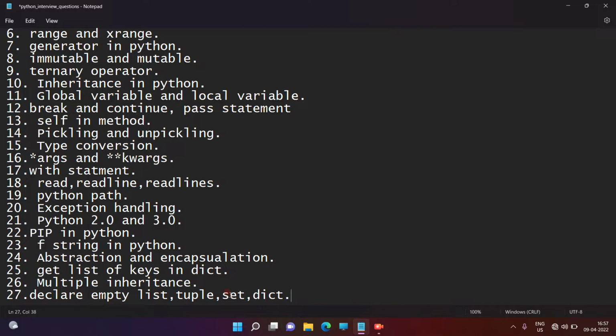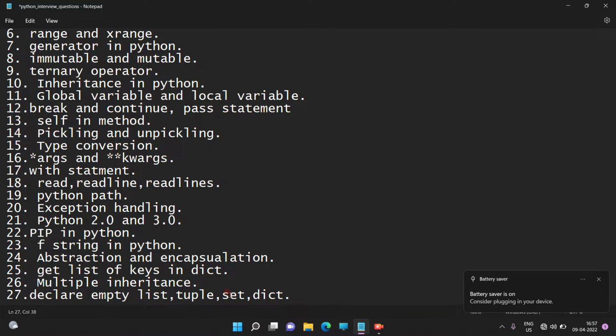Many employees and interviewees know how to declare a list, but don't know how to declare an empty list, empty tuple, empty dictionary, or empty set. So this is a very important question, and we need to remember its answer. So I will give you the answer.